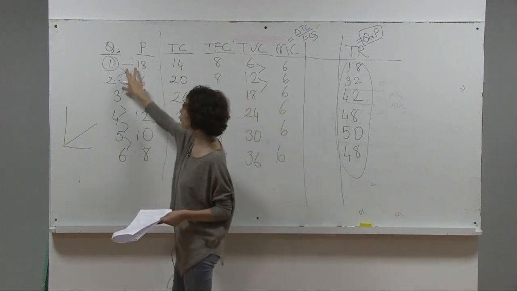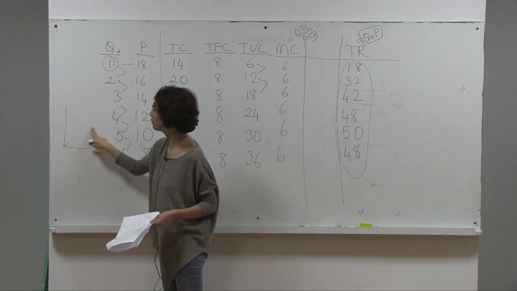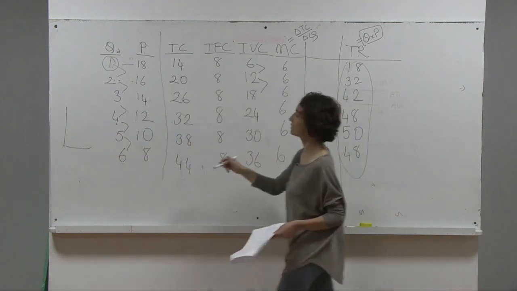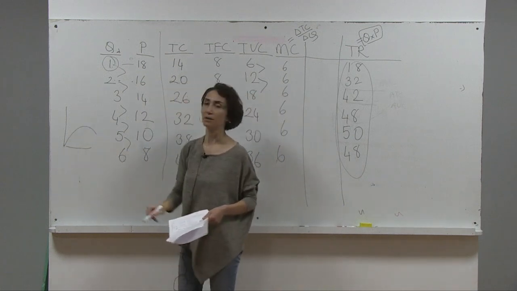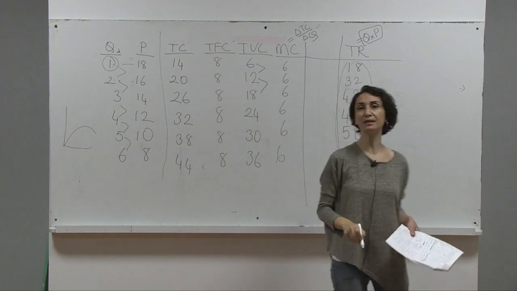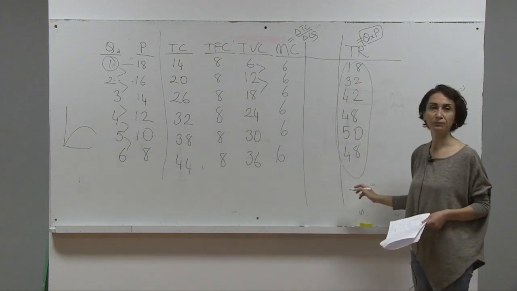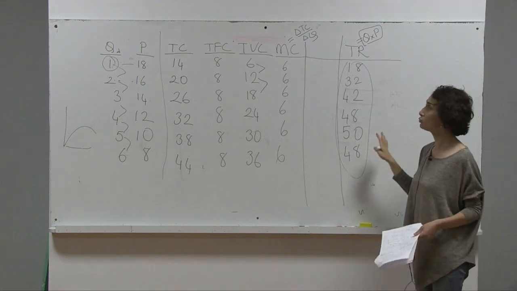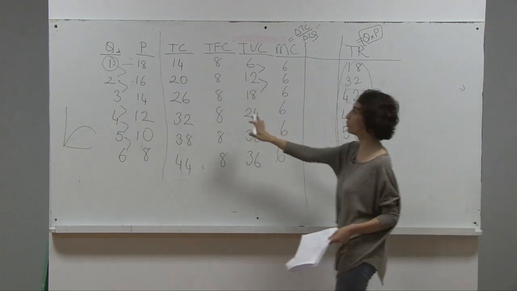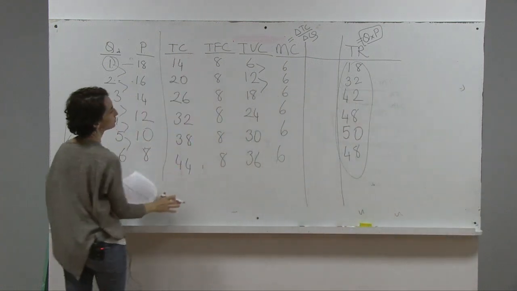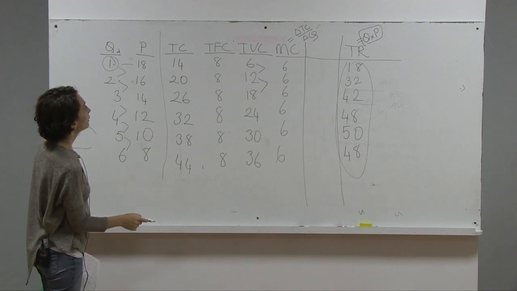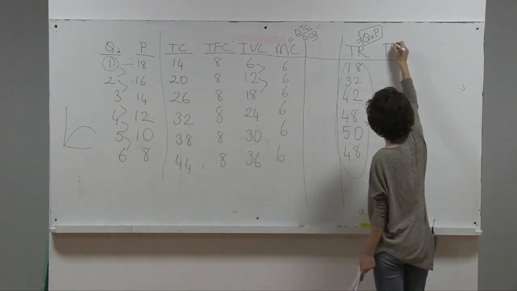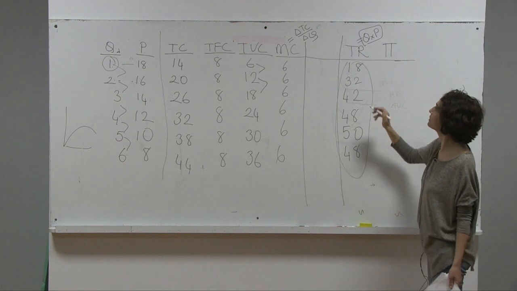So the total revenue curve for a firm in a monopoly doesn't look like this, right? If you draw this, it would look something like this. It first increases, then decreases. Okay? So this is our total revenue. Now, just looking at total revenue and total cost here, you can measure profit and find the profit maximizing quantity.